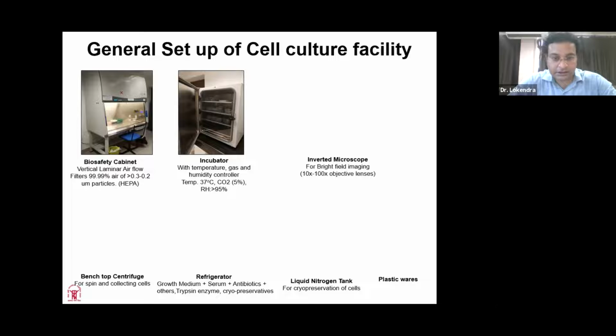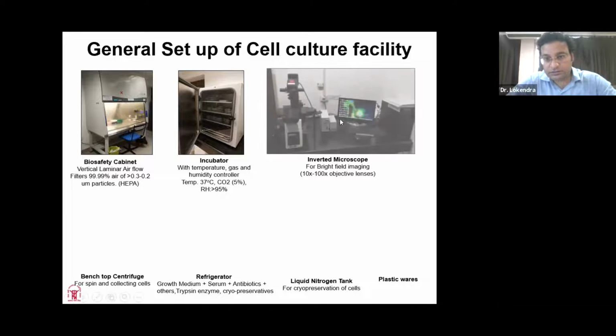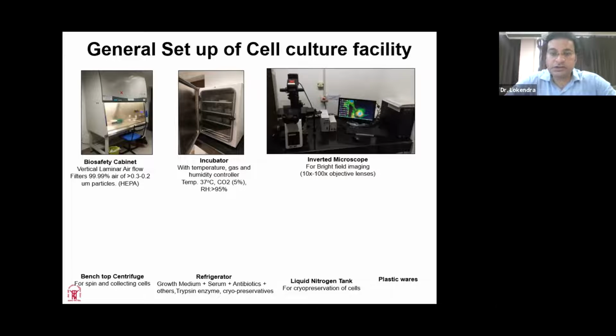So generally a small pan is present inside an incubator, which is filled with autoclaved water, and that is giving approximately more than 95% humidity. Another important instrument is the inverted microscope, where you see the cell morphology or how they are growing. And if you are trying to perform any fluorescent measurement, you can label these cells with specific dyes targeting either an organelle, or surface receptors, or some proteins, and then you can visualize the cells.